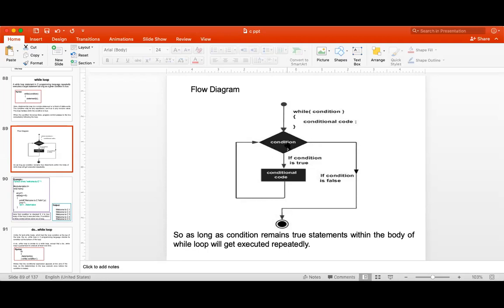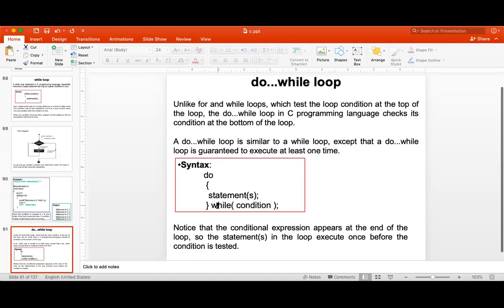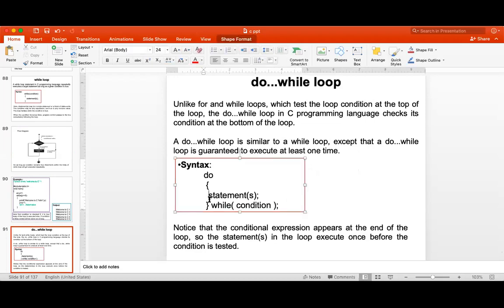The condition is false at the starting only, but it is not the case with the do while. Do while is somewhat different from the while loop. The do while loop will first execute the statement, then it will go for checking the condition. If the condition is true, then the second time the statement will be executed.